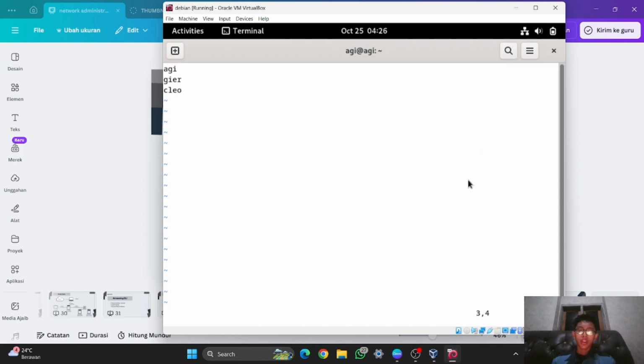So here, when you type the colon, you don't need to type the W, you just need to type the Q, which is quit, and then you can just enter. But there is an error because you've edited the file, but you haven't saved the file yet.